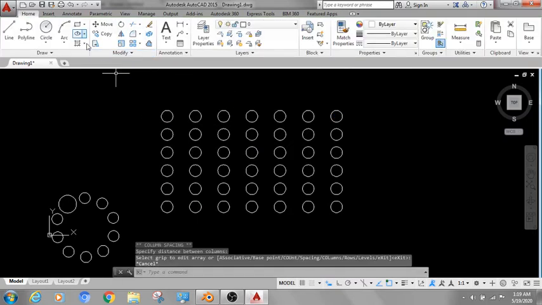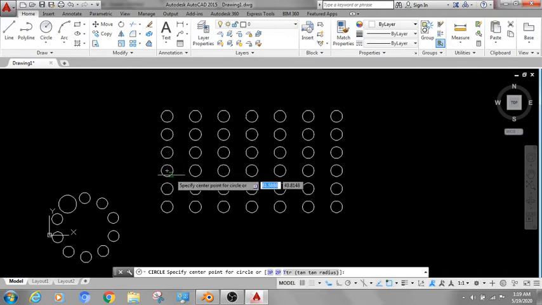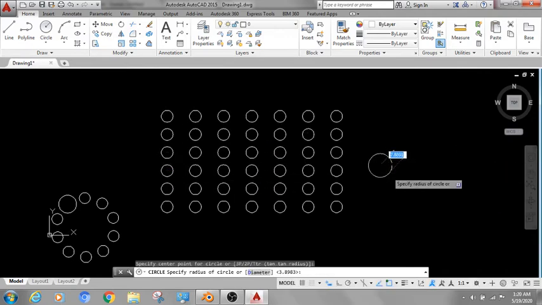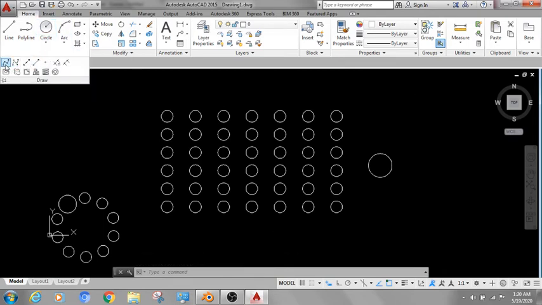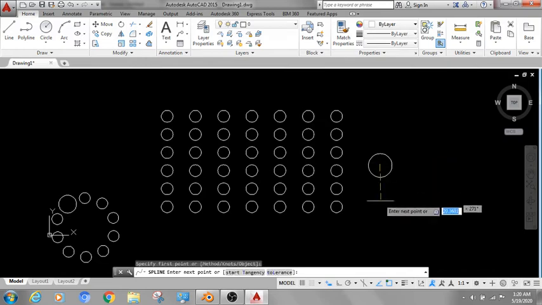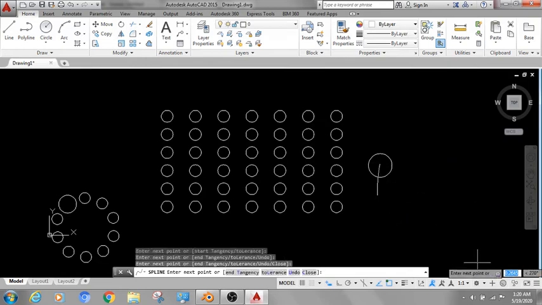Next option we will see is path array. I am just creating a circle, and I want to create a number of copies along a particular path. So here I am taking spline, enter.